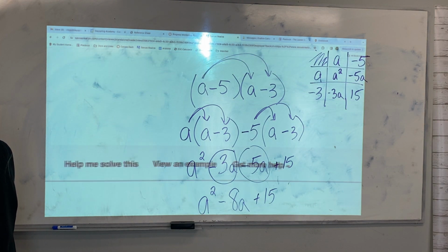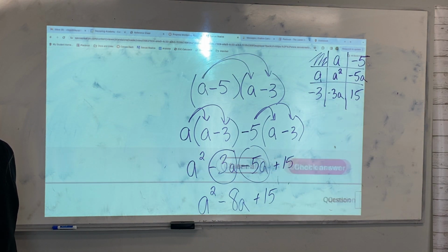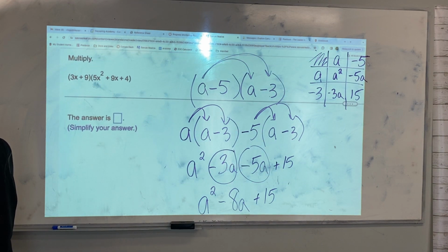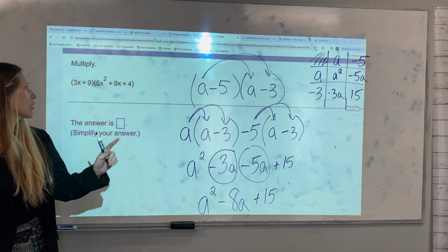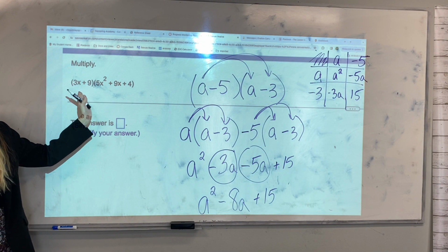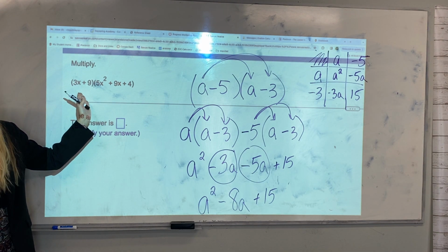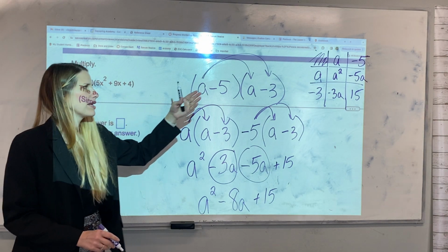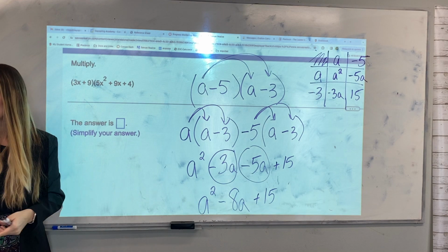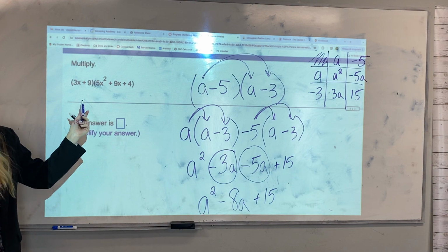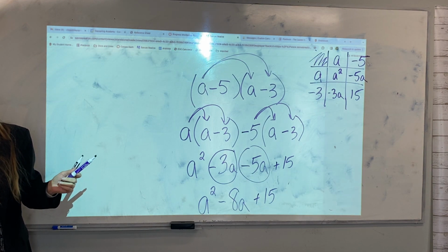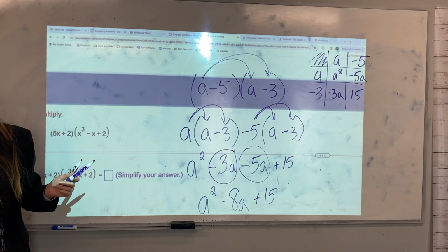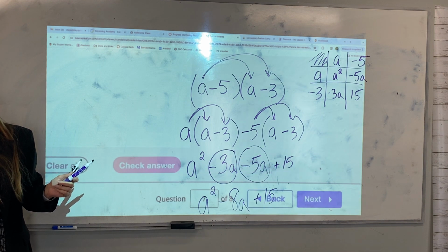For number 6, just take a quick look at this. If you haven't had my class yet, don't worry. We're gonna do this in class today, and it's no different from that table. You just have 3 numbers at the top instead of 2. That was question 6. So I'm gonna skip this one because we're gonna do that in class today. We're gonna do one just like that in class. Same thing there. And then I think the last one is the,